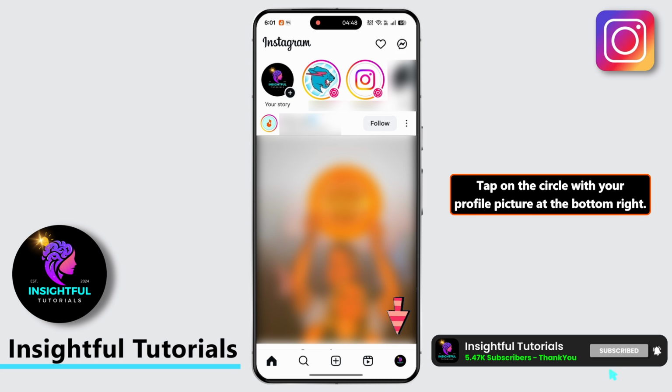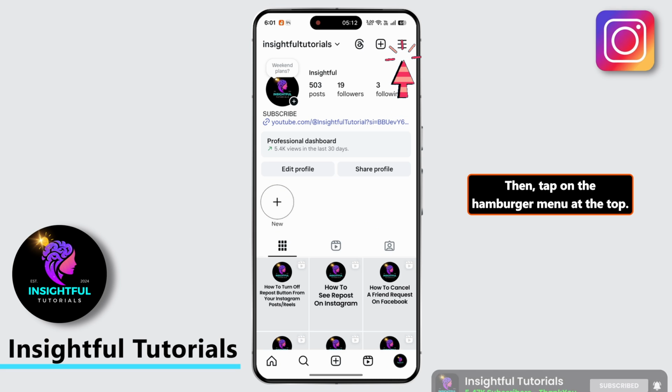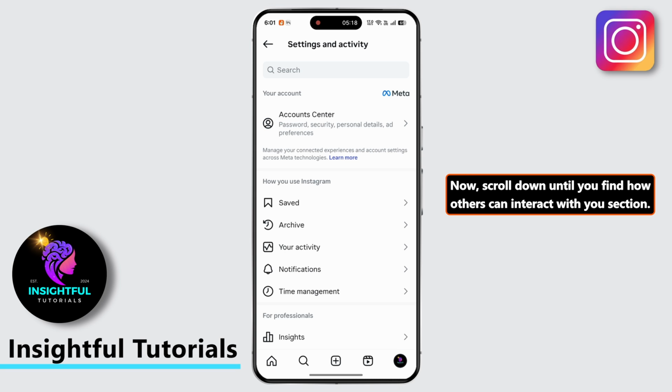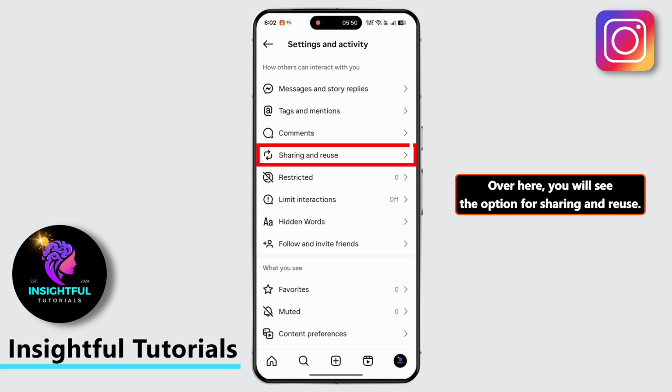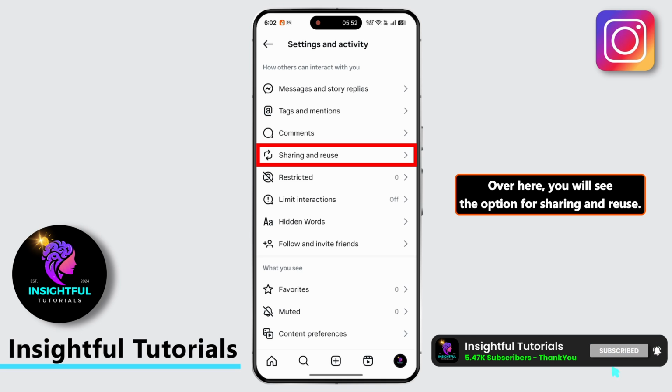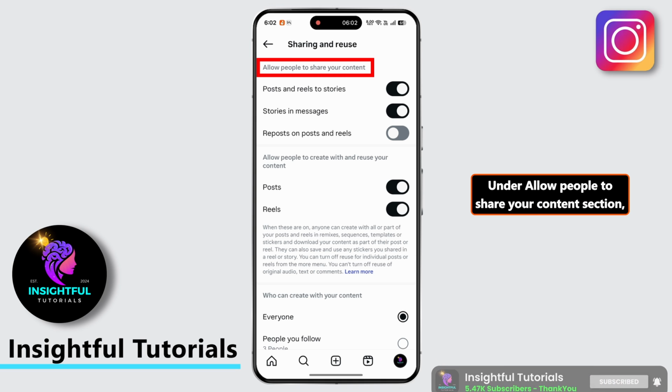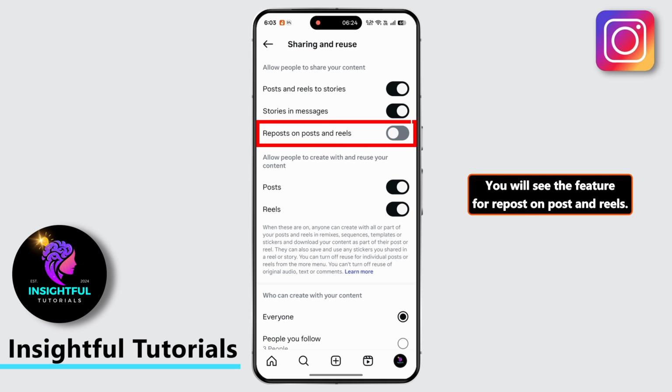Tap on the circle with your profile picture at the bottom right. Then tap on the hamburger menu at the top. Now scroll down until you find the "How others can interact with you" section. Over here, you will see the option for sharing and reuse. Tap on it. Under the "Allow people to share your content" section, you will see the feature for repost on post